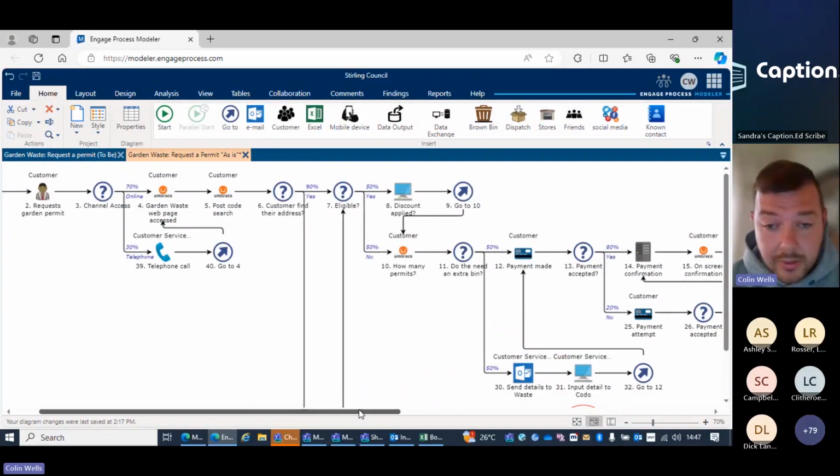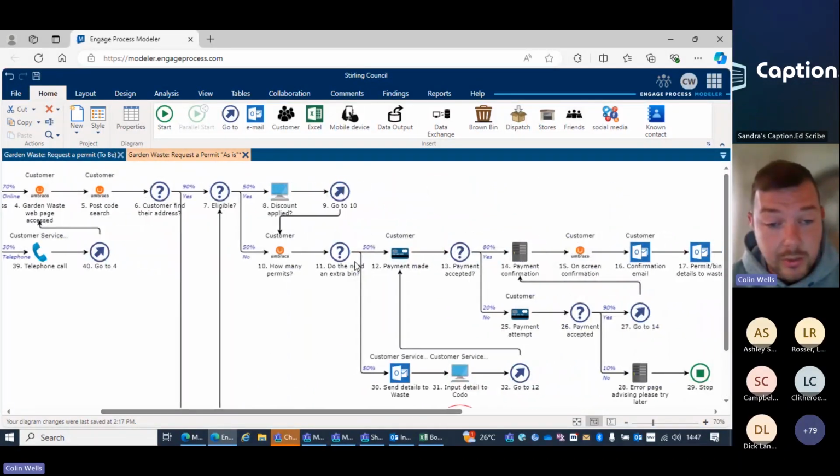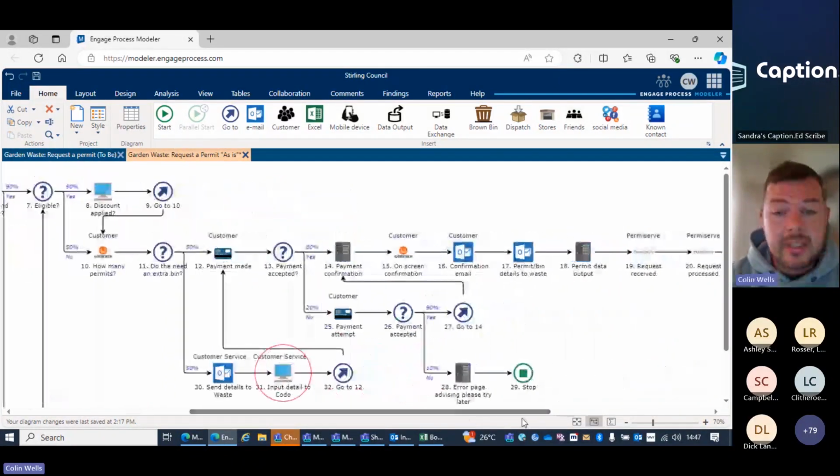Further into the process, we can see a lot of emails, with customer service emailing details to the waste team. They then had to manually input the permit details or the bin details into the old CRM, which was Kodo or Lagan. I can never remember which one. There were two at the time. There was no real integration between the CRM systems and the waste supplier system,